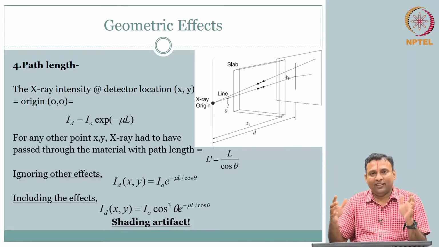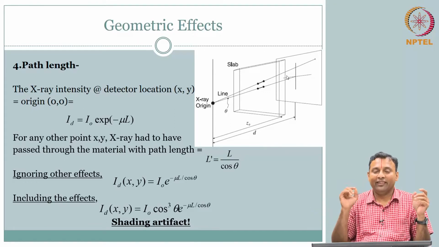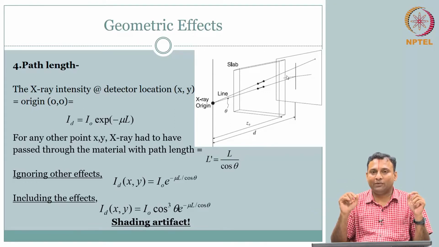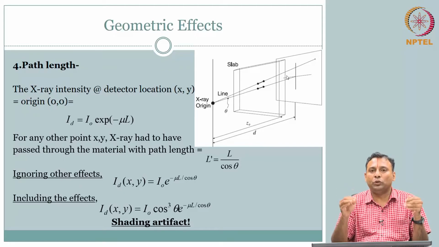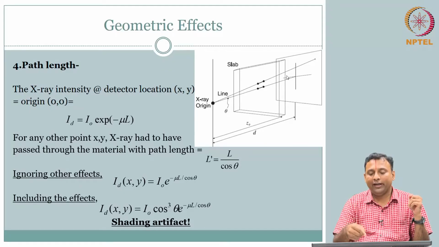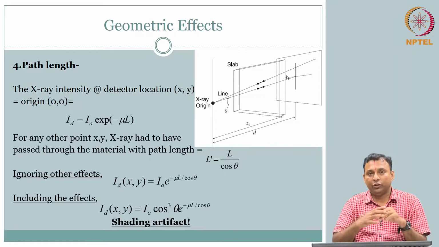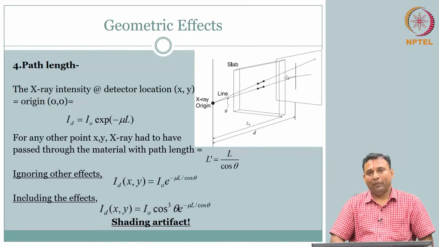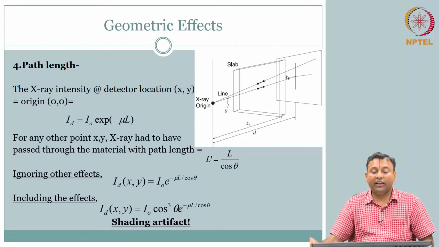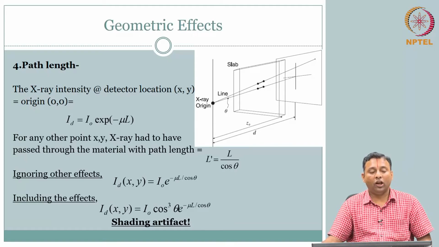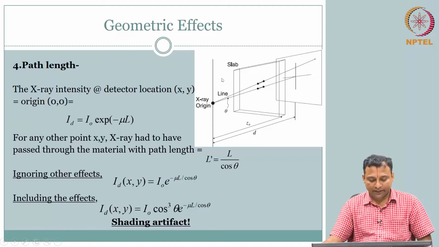Fine, all that is fine, the computer can look at these numbers and tell. But the interpretation is not as simple, because so much domain knowledge goes into interpreting, to avoid the artifact being interpreted as actual variation in the material property. So this is a very important effect that needs to be incorporated in the interpretation. This is also due to your geometric effect.